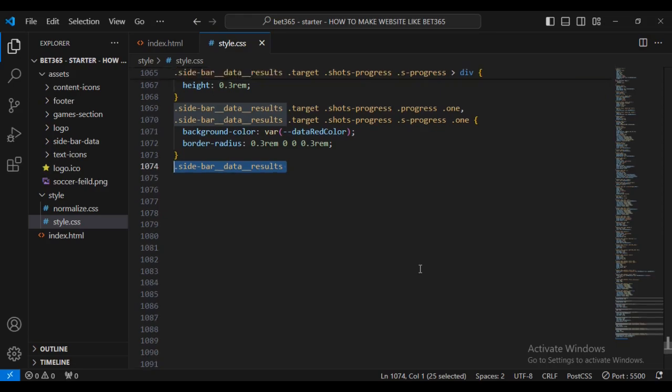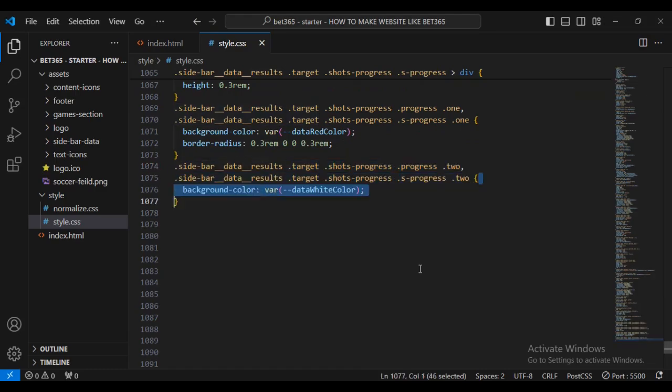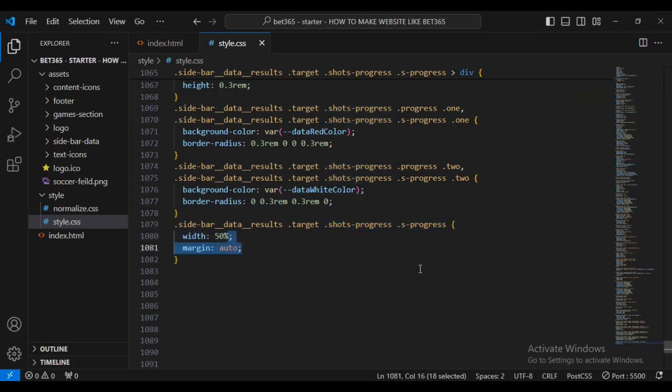Then sidebar data results, target that showed progress, background color, we're setting it to white, then border radius 0.3 rems, top 0.3 and 0, then sidebar target showed progress with 50% margin auto, then sidebar data button display flex, align items to the center, margin 1 rem auto,